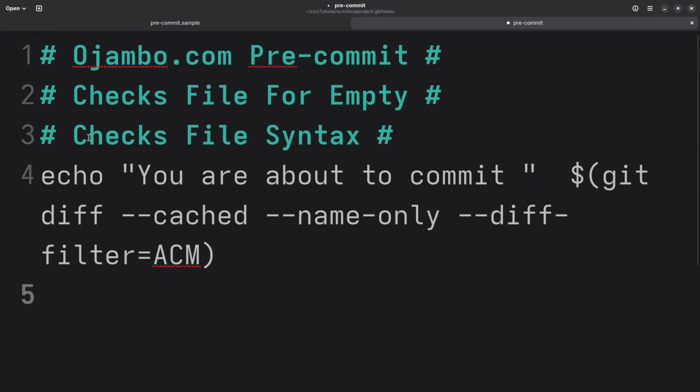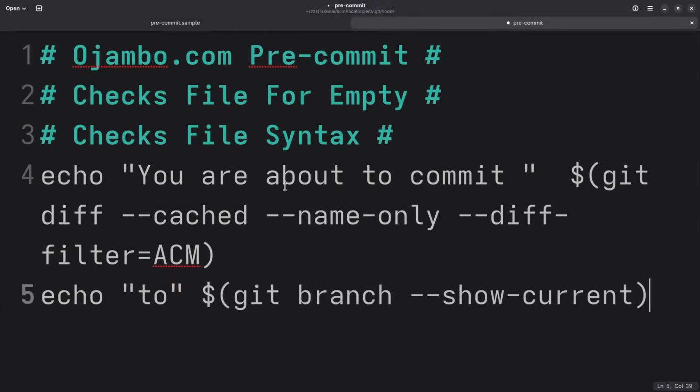And then we want to know what branch we're on as well. So what you do is you type echo, and to get the current branch, it's simply you type git branch, and then show current. So to show me what branch I'm on,